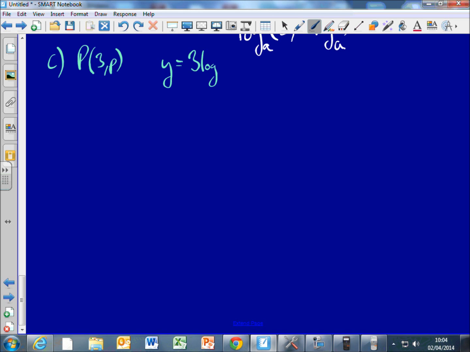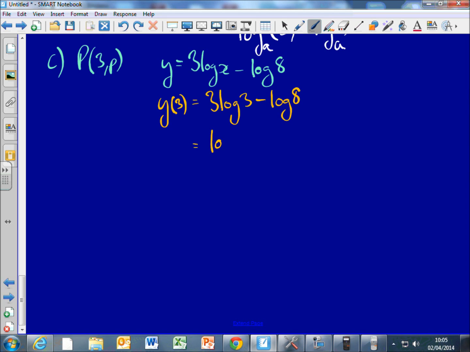3 log x minus log 8. Okay, so it says the point 3p lies on the curve. So if it lies on the curve, 3 is the x value and p is the y value, right? So what we'll do is we'll put 3 in as the x value. So this must be 3 log 3 minus log 8,